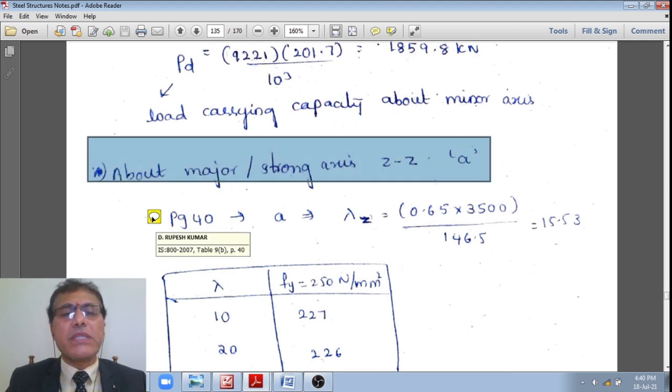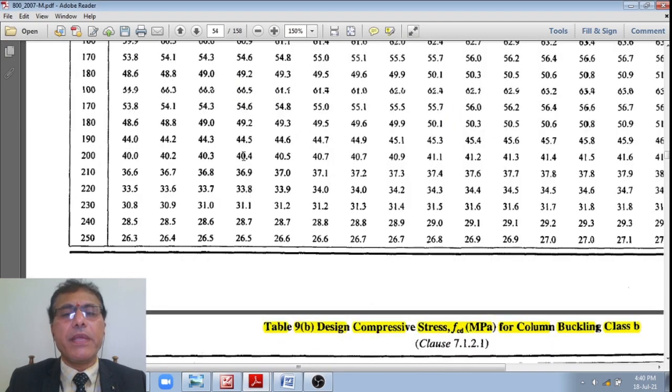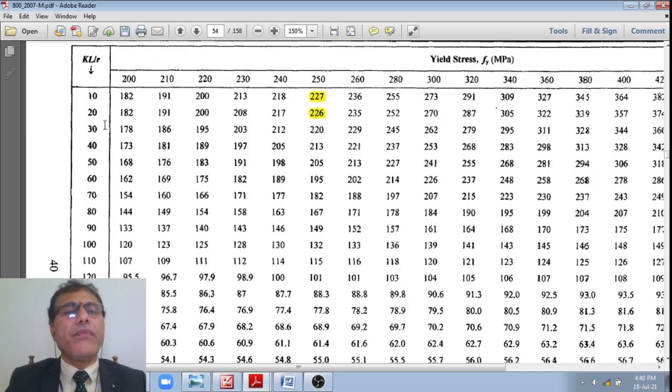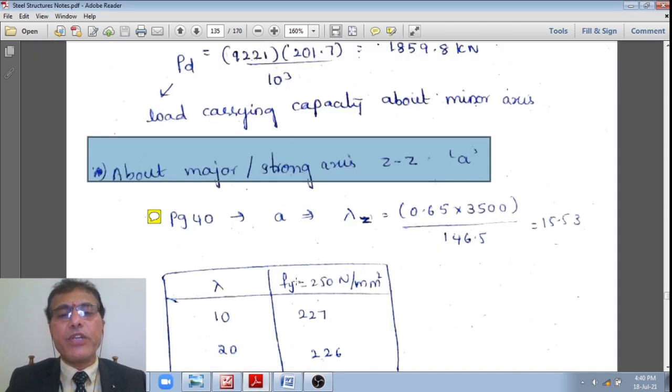Therefore, if I go to Table 9A, I have it from page number 40. I'll just interpolate the values like this. Just bear with me for a moment. I'm at Table 9A, students. For 40 and 50, the values for 250 are 213 and 205 respectively. Therefore, upon interpolation,